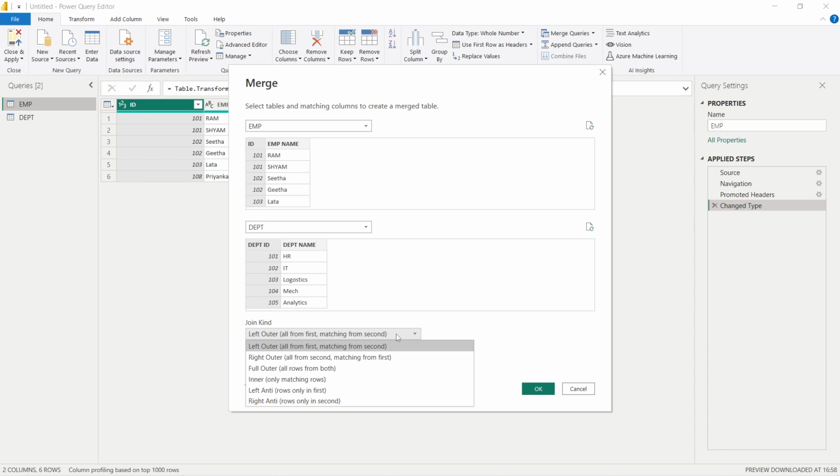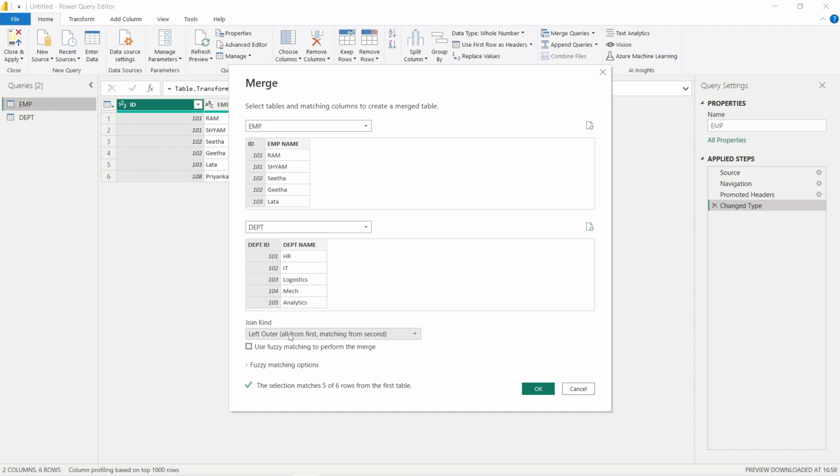So now in the join we have different options. Which join do we want to perform? Let's see the left join firstly. Left outer join. Basically, whichever is the first table acts as the left table. So in our case EMP is the left table and department is the right table. The left table returns the whole left table with matching and non-matching records. In our case you can see 101 and 102 are matching with the department, but 103 is not matching. So it will return null for the 103. So let's see it practically.